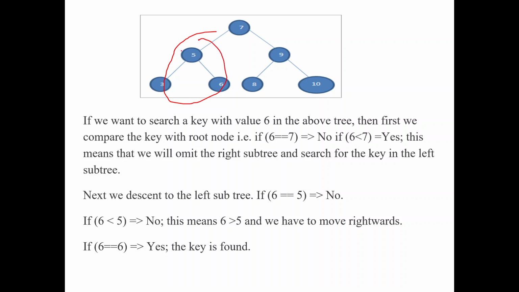Again, I'll compare with another node. So 5, I have another parent node. I'll check with that. 5 is lesser than 6, so 6 is greater. If it is greater, then it is going to be in the right subtree of that node 5. Then I'll move to the right subtree. After reaching the right subtree, I'm checking whether that node is equal to 6, whether the value in the right tree is the searching element. Yes, it is the searching element, so I'll return that particular address. So this is how we search for an element in a binary search tree.